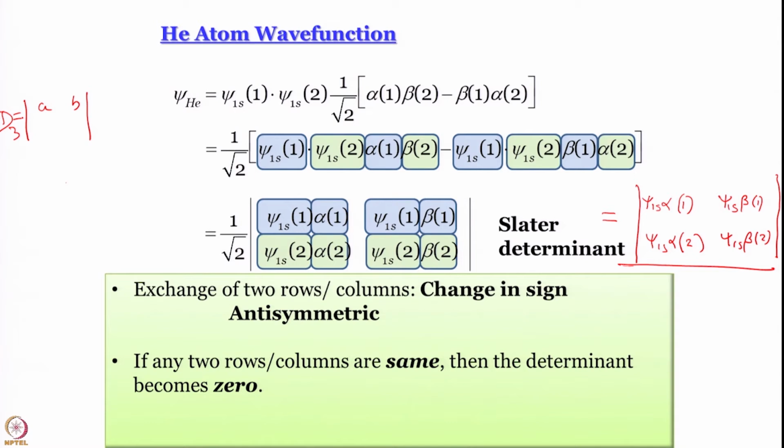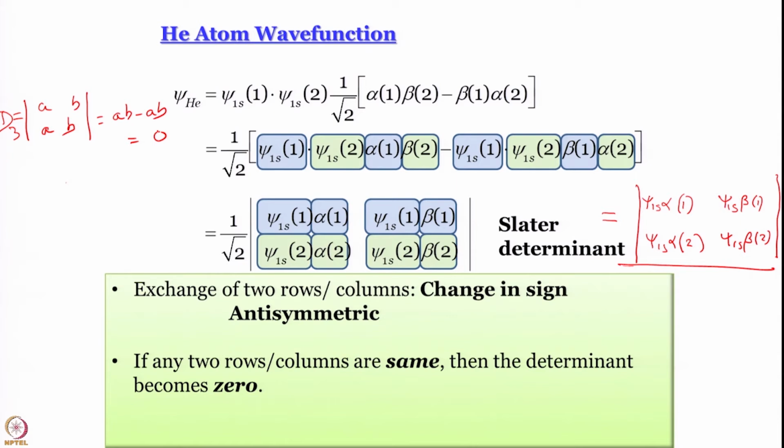What are we saying? We want to prove that if any 2 rows are the same or any 2 columns are the same, then the determinant is 0. So let us write 2 rows to be the same. What do I get? AB minus AB obviously, that is equal to 0. So if 2 rows are the same or 2 columns are the same, you would write a determinant with 2 identical columns and satisfy yourselves that this holds, the determinant becomes 0.